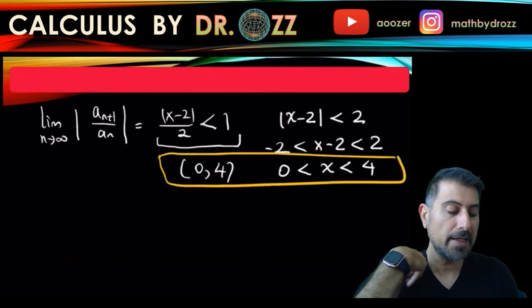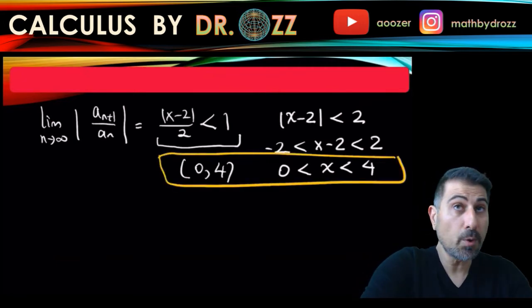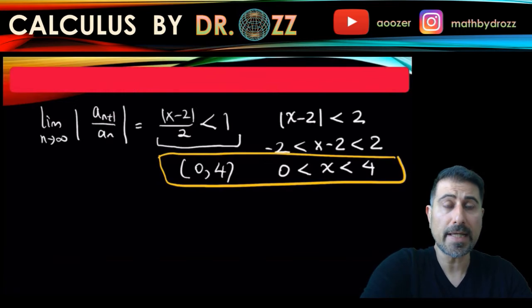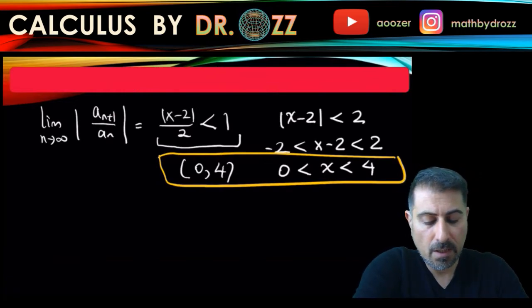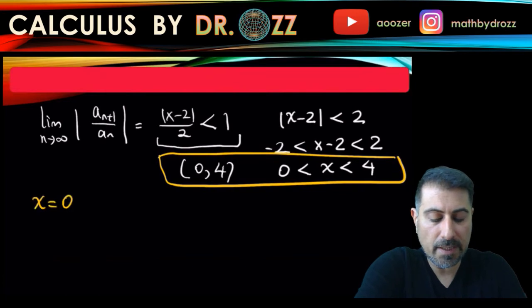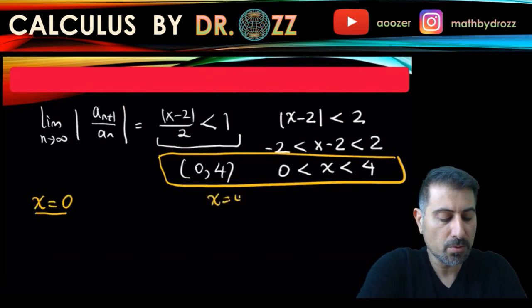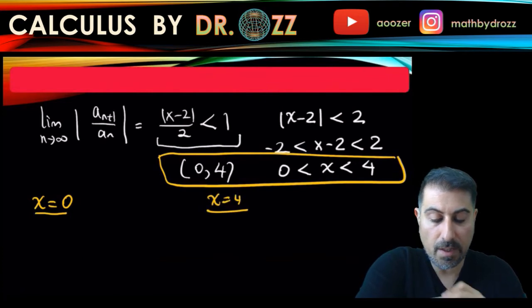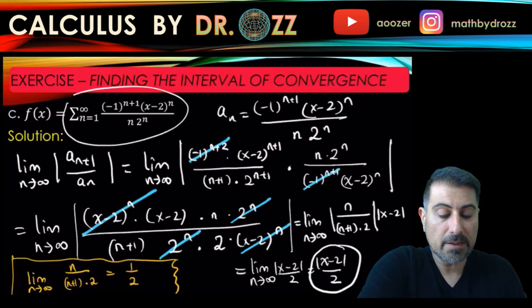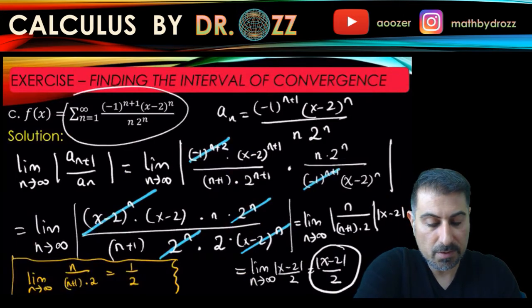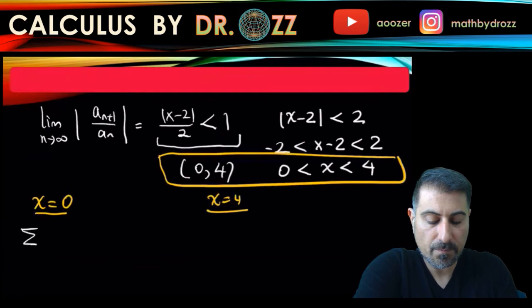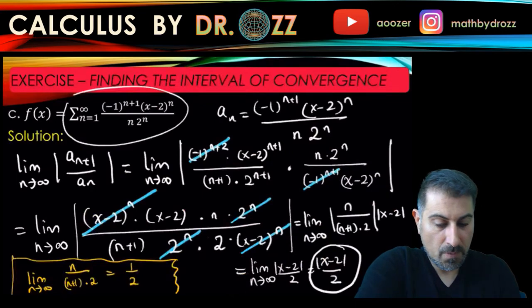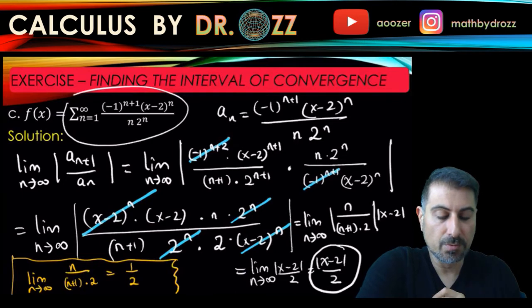But we have to analyze the infinite series for the endpoints. So what I'm going to do next is to analyze the case x equals 0 and x equals 4. Okay. Let's go back to the description of the infinite series, and for x equals 0, this is the sum starting from n=1 to infinity of (-1)^(n+1). When x equals 0, this is (-2)^n,